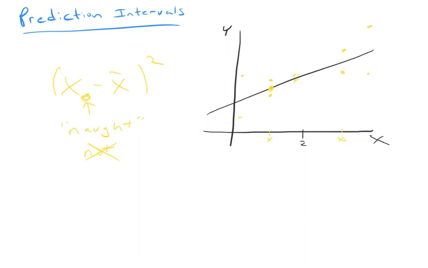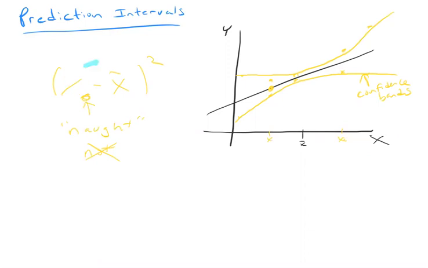Now, of course, I could calculate this kind of confidence interval for the mean of y for any particular value of x, and so I can connect the dots. You get this shape here showing you that these confidence bands, which are meant to tell you where the line seems to go, where the mean of y given x is, are narrower when we're near the middle of the x's, because that's where we're more sure about where the line is. And these confidence bands are wider when we get away from the mean of all the x's, because that is where we're less sure what the mean of y should be.